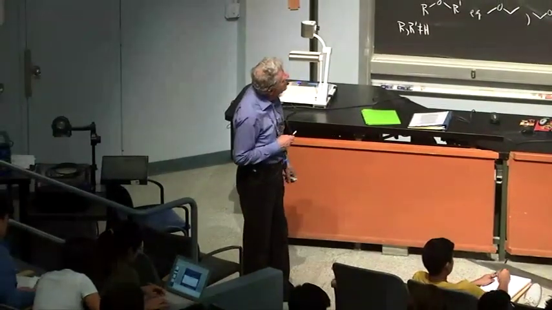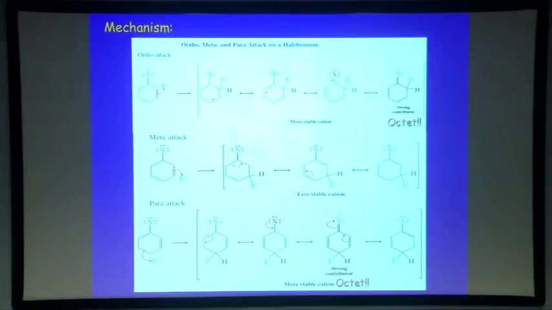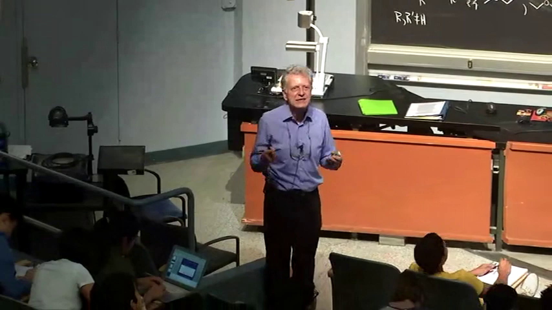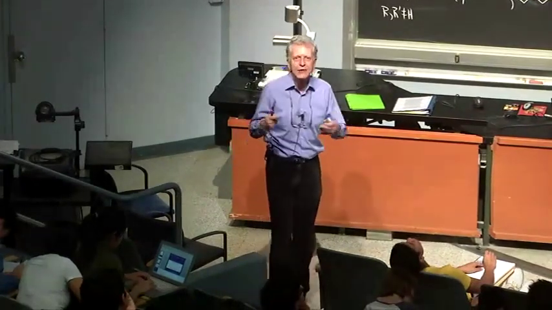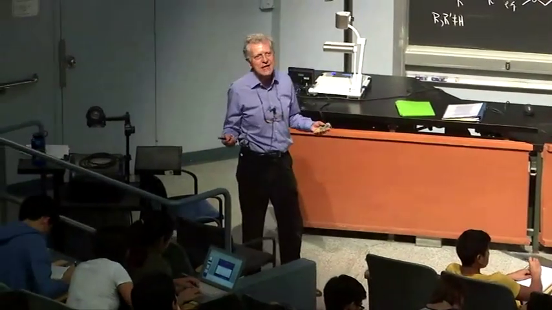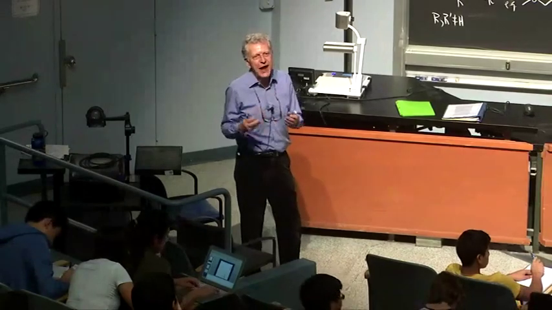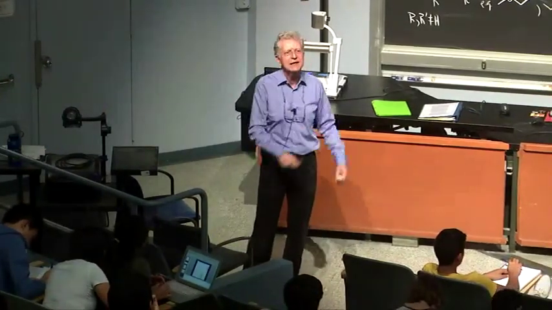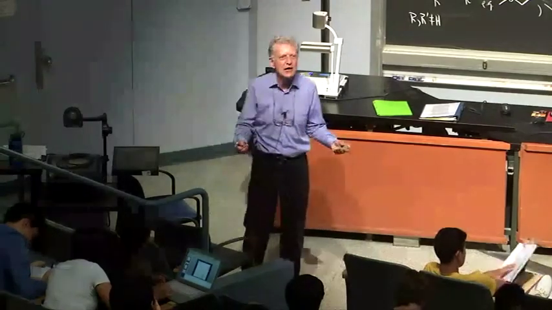And so the same thing happens when you attack para. This is normal, this is normal, this is not so good, but this is a big winner. Okay? Again, an octet. So the picture is very much like the case of the normal resonance donating substituents, amino and oxygen, nitrogen and oxygen. There's strong stabilization of the intermediate carbocations. It just so happens that the resonance stabilization expresses itself only at the cation stage, not in the starting neutral material. And this is because charge basically